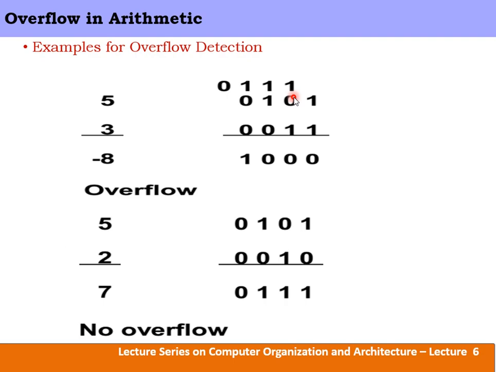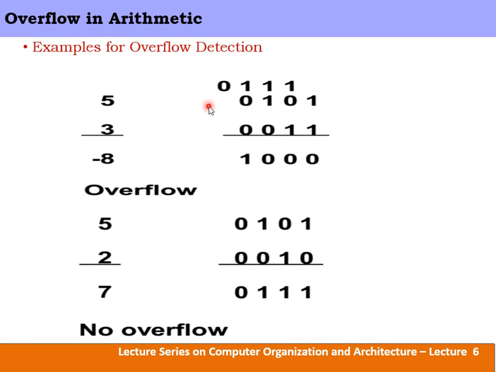Now include the carry in the second position in order to perform addition of the second position. 1 plus 0 is 1, 1 plus 1 again is 2, and 2 is represented as 0. Carry generated is 1. Now perform addition for the third position. 1 plus 1 is 2, 2 plus 0 is 2, and 2 is represented as 0. Carry generated is 1. Now 1 plus 0 is 1, and now no carry is generated.